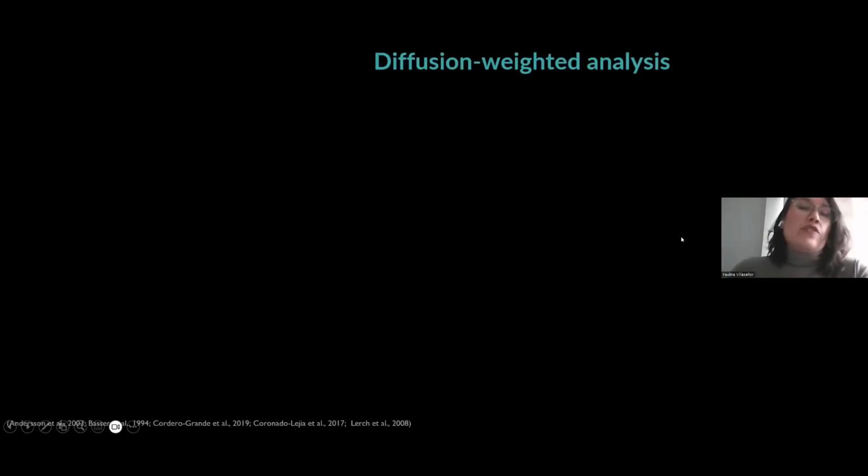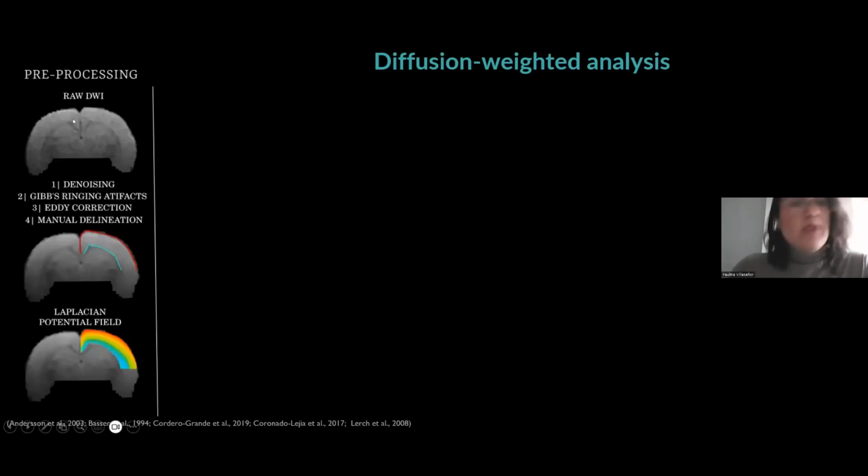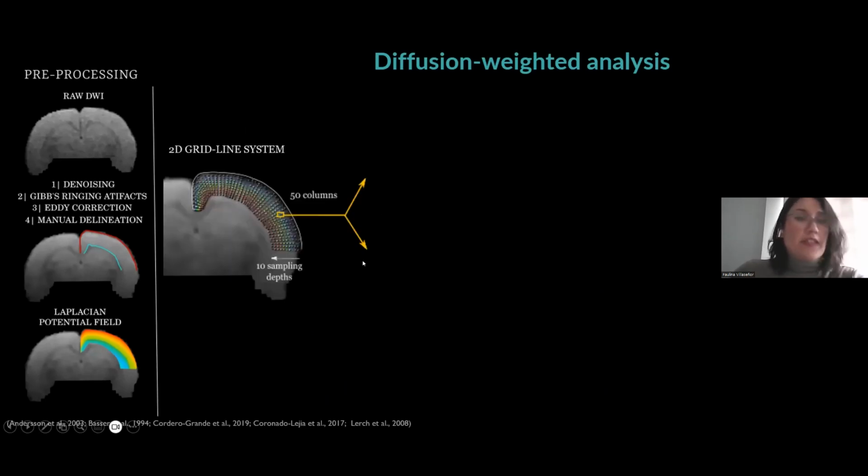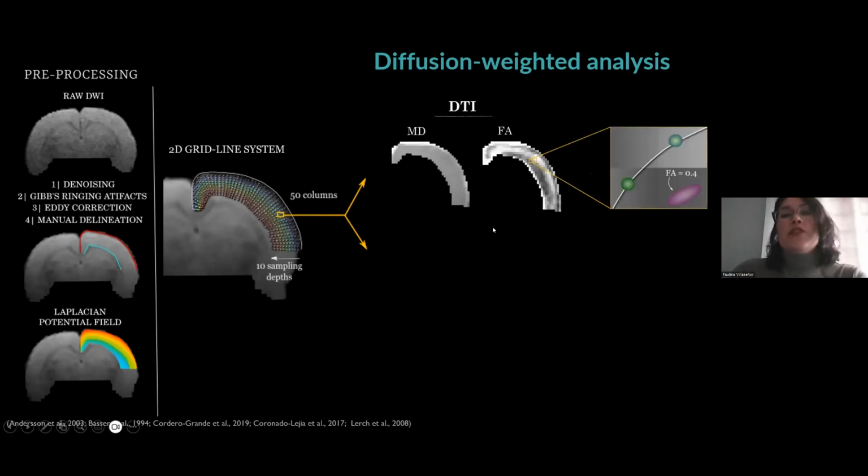Then for our diffusion-weighted analysis, we followed the gold standard preprocessing steps, but we also used a Laplacian potential field to create our system of grid lines. These grid lines have 50 columns and 10 equidistant points all across the cortical ribbon. Basically, this system aims to sample our different diffusion maps as a common anatomical descriptor of the cortex. Here we use the DTI because it is widely used, but we all know that it has limitations